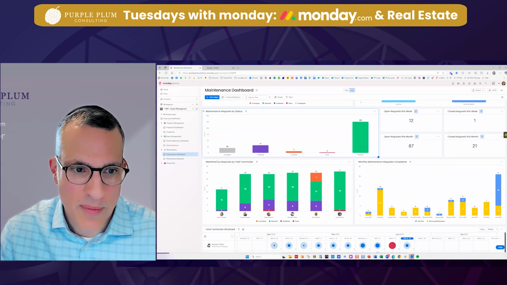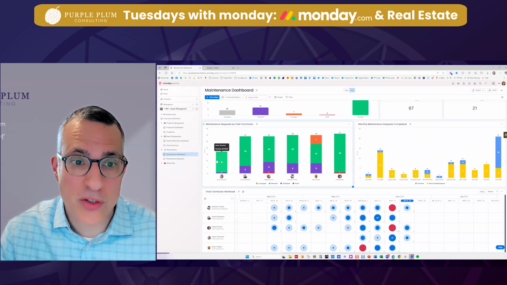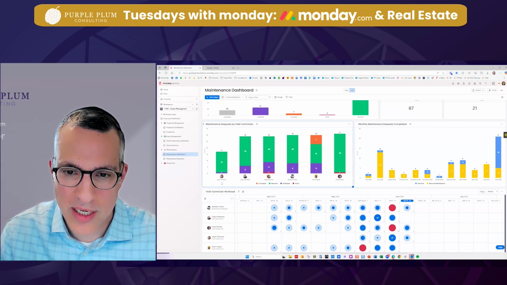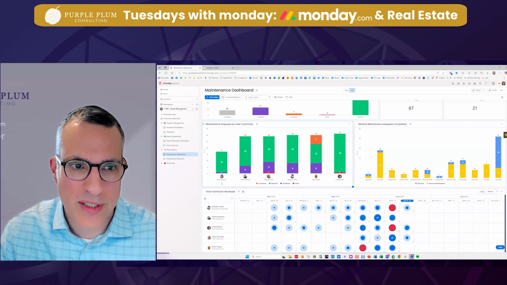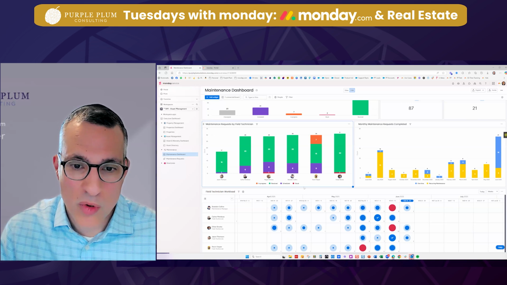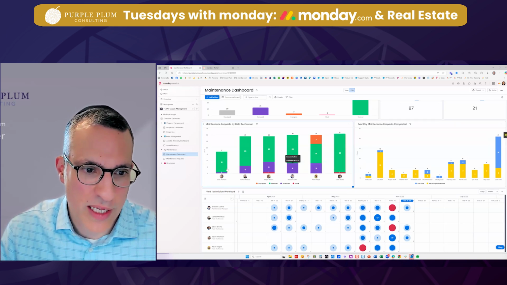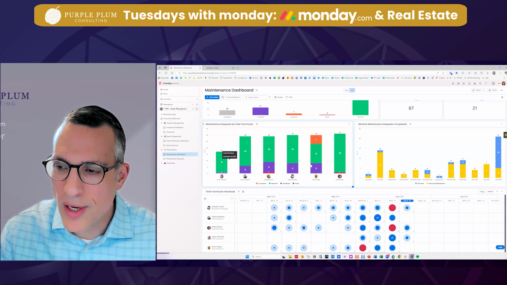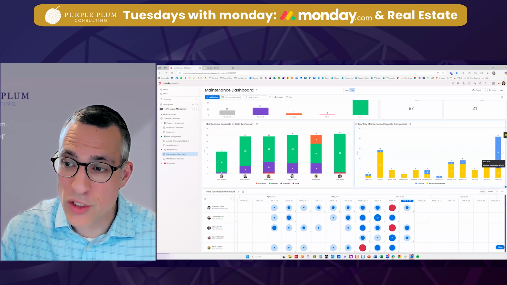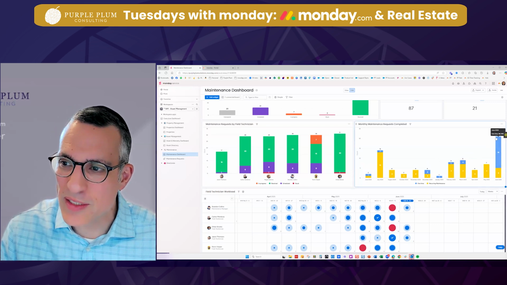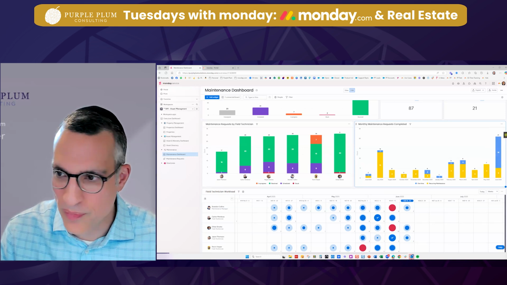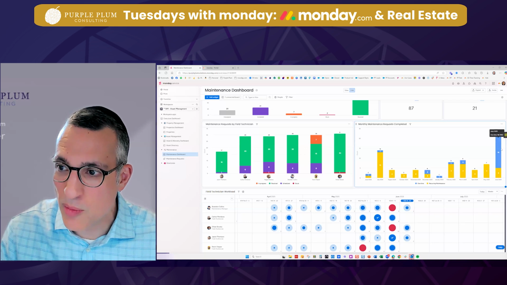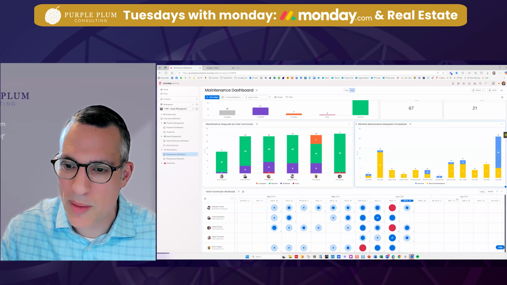I can look at my allocation of maintenance requests by field technicians. You can see our team of 6 very talented field technicians that are straddling multiple properties. I can see who's overloaded, who's not overloaded. Looks like Jason has got a bit of a light workload. He could be doing some more. We can see completion. Wow, it looks like June, maybe that's summer HVAC season. We got a lot more heat and HVAC related maintenance requests. So we're seeing more volume here. We can see the trend clearly happening.